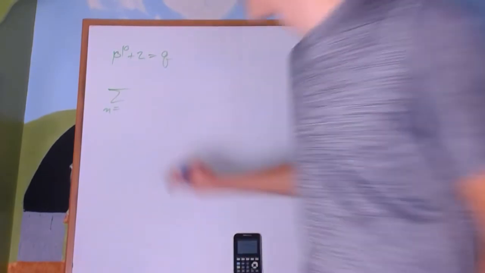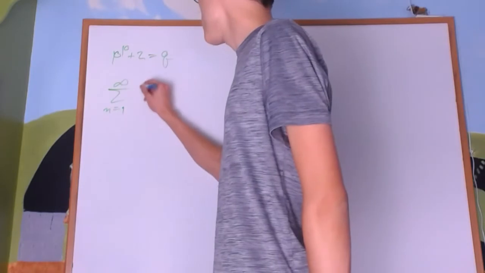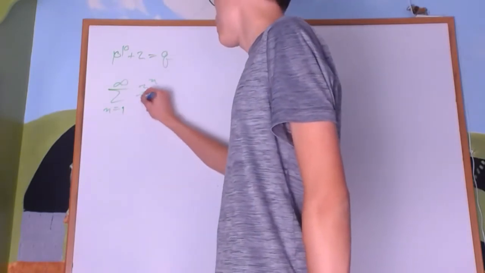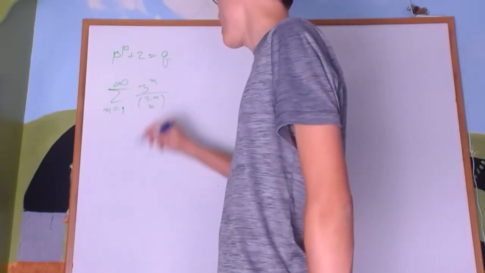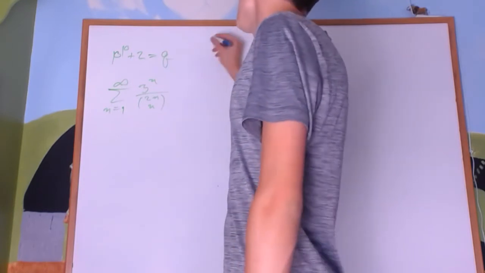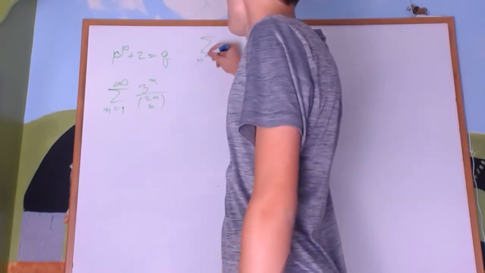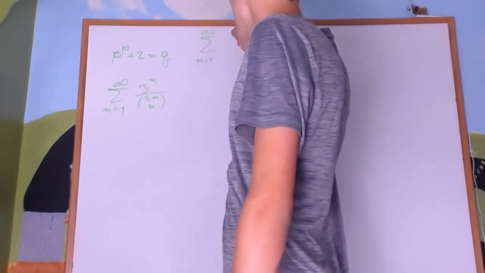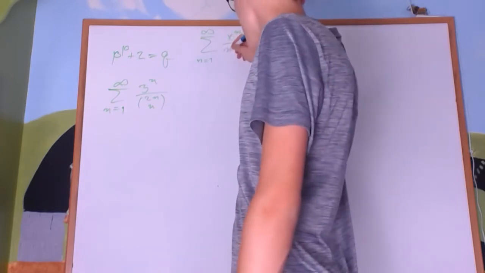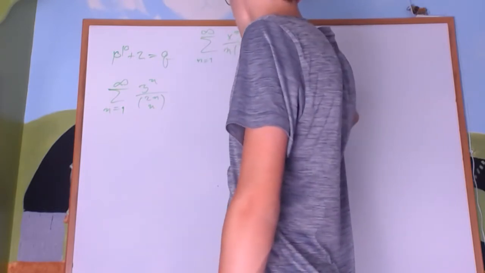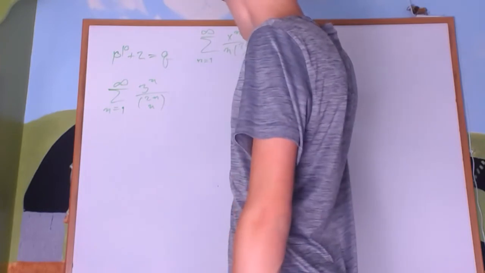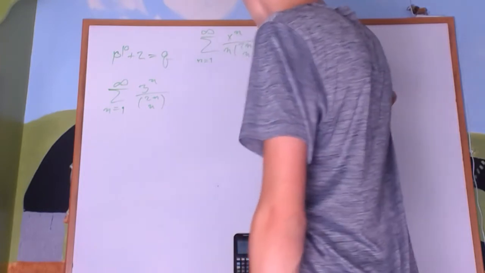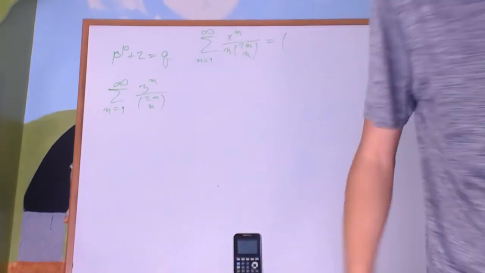Yeah, that's got to be a 1. To infinity, 3 to the n over 2n choose n, knowing the fact that the sum n equals 1 to infinity of x to the n over n times 2n choose n, that's a lot of n, is equal to, this is a weird one,